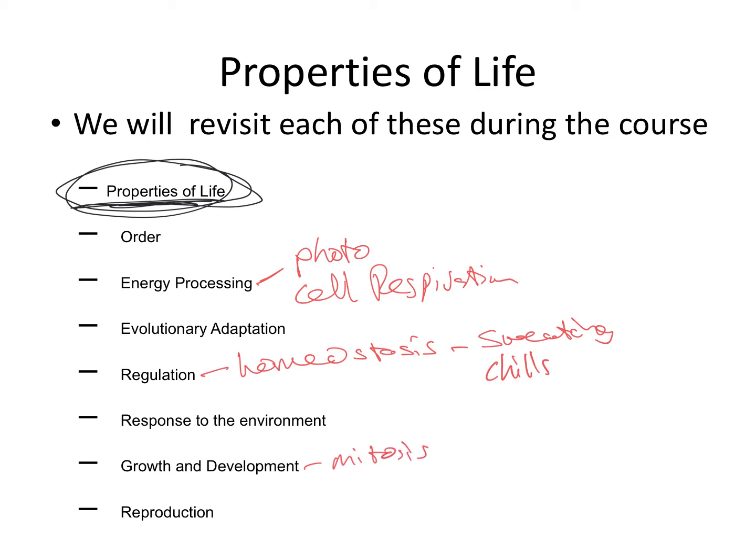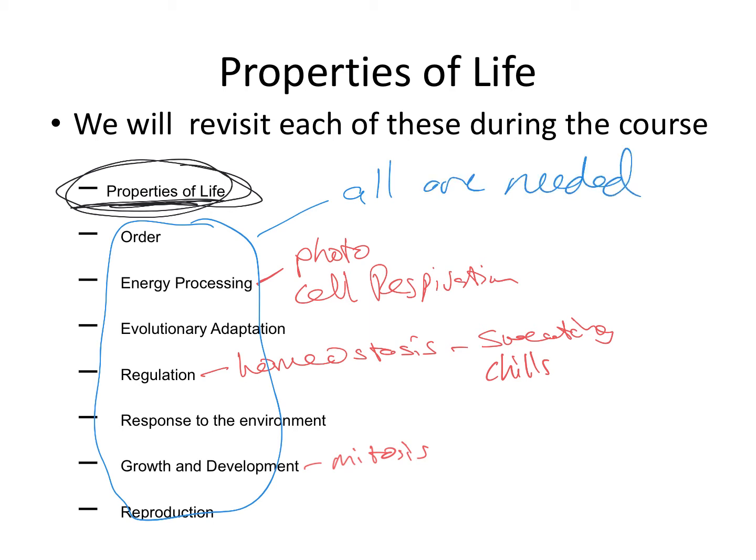The thing to understand with all of these is that all of these are necessary. All are needed for something that's living. So you might have a rock, for example. We know that rocks are not living, but they fulfill some of these requirements. They're actually pretty highly ordered, the way that they're structured, but they don't reproduce. So things need to qualify under all of these conditions.